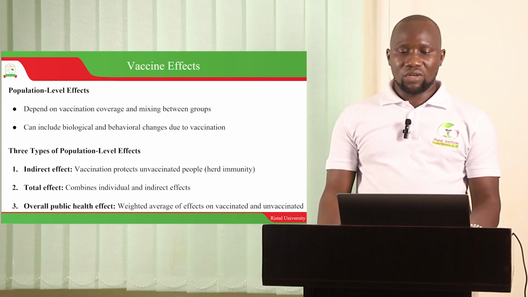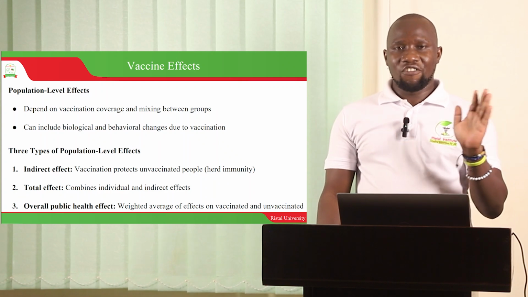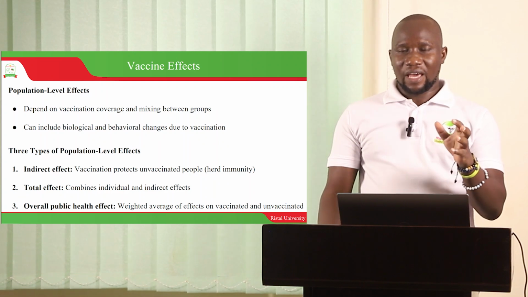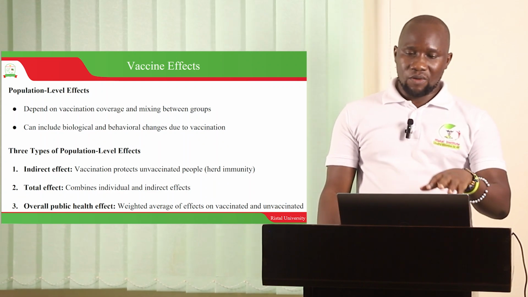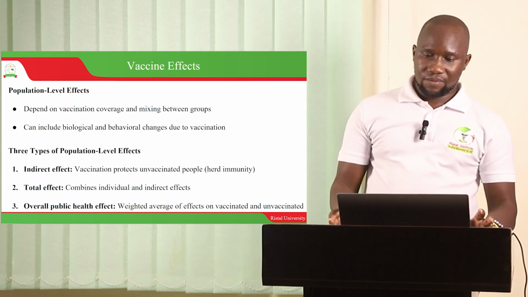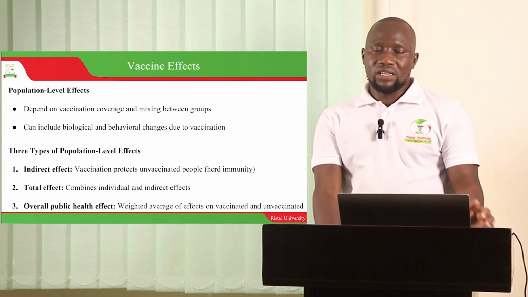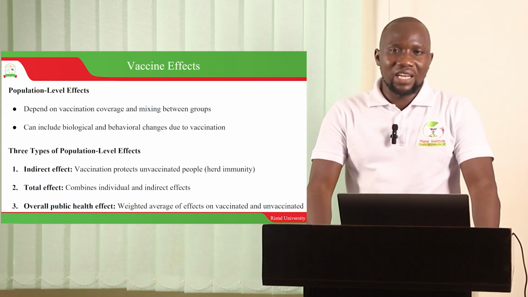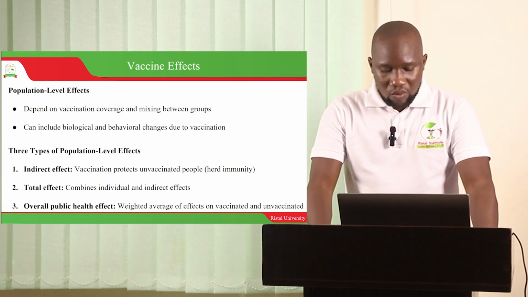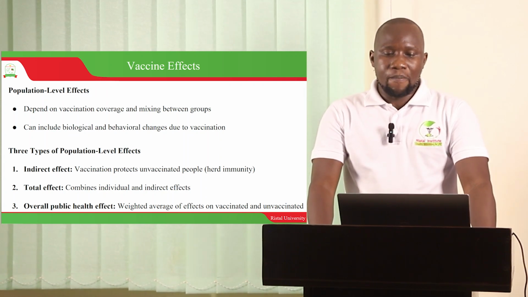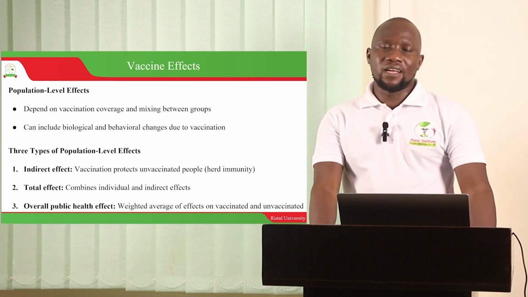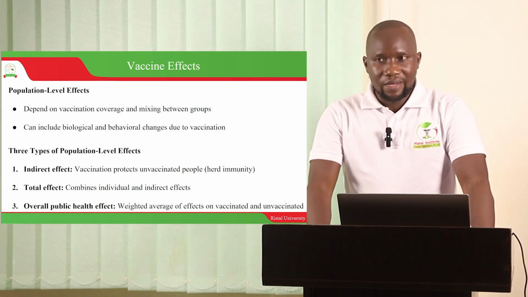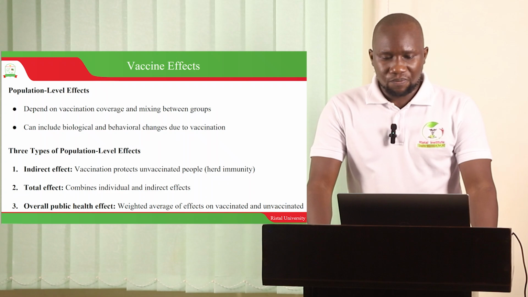So we are saying at the population level, it is important that the coverage is large. Then two, that the people who are immunized and those that are not immunized, who we have called the groups, should mix randomly. And if you have that, then you can achieve herd immunity. So vaccines at the population level, which is basically our interest in public health, you can have indirect effects where those that are not vaccinated still benefit because of the majority of the people being vaccinated. Overall,